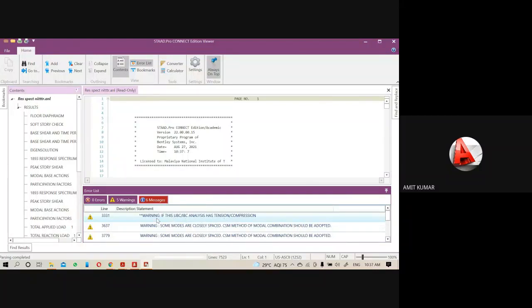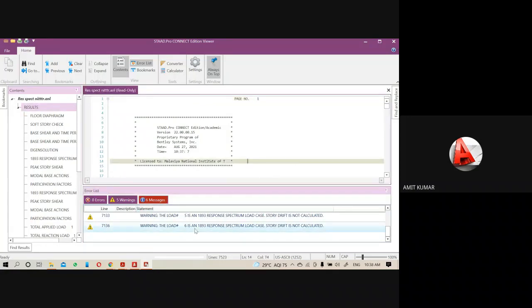Here I just do it for the Indian design code, so you can neglect it. The second one is that some modes are very closely spaced, please use the CQC method. That is also a suggestion, but in our assignment it was mentioned that we have to do the SRSS, that's why we will use it. To avoid this type of warning, you can change the combination method to CQC also, then this will be removed.